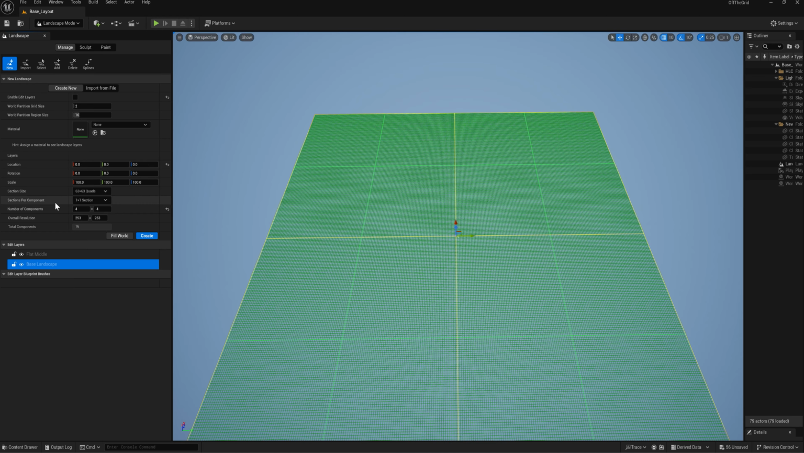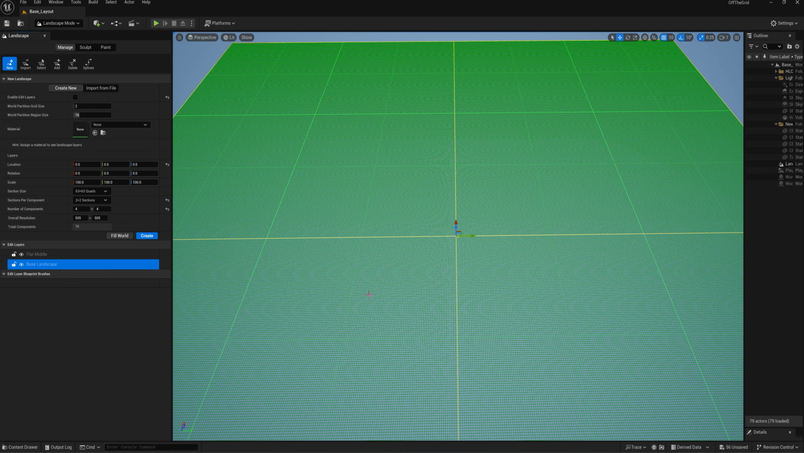Which leads me into sections per component. Think of this as subdivisions inside each component. If I choose 1 by 1, each component is one solid grid chunk. And if I were to choose 2 by 2 sections, each component gets split into 4 smaller internal sections. And that can increase the sculpt detail, but it also increases the memory cost, weight map complexity for painting materials,